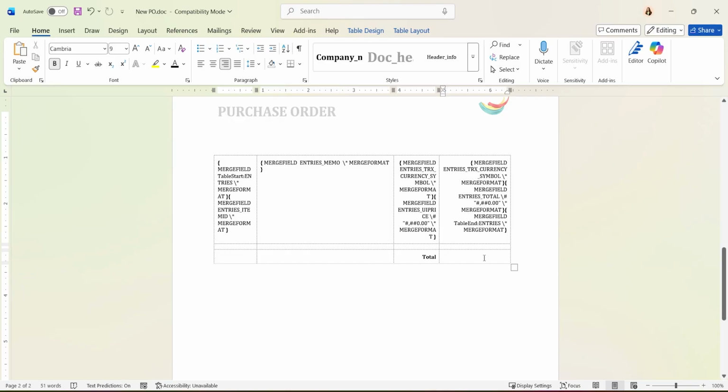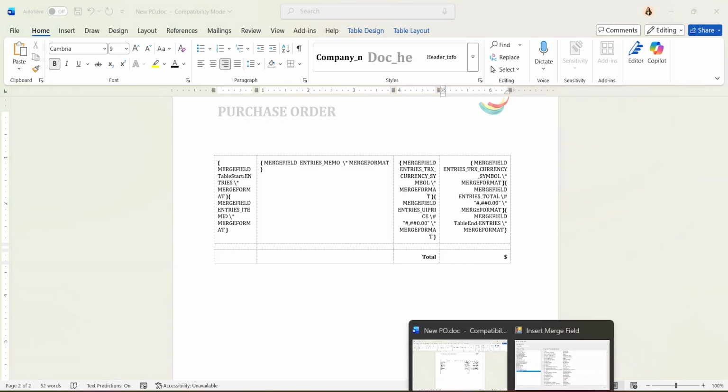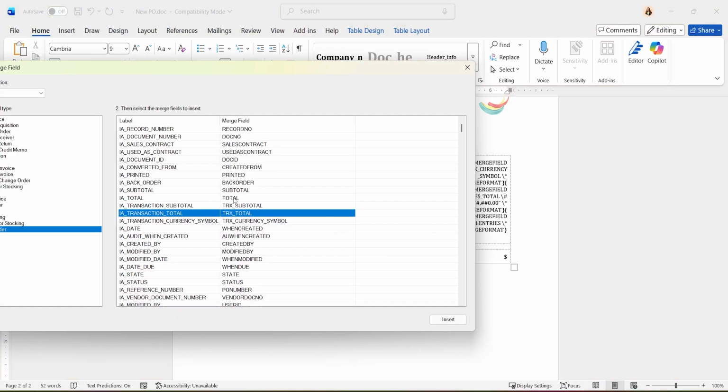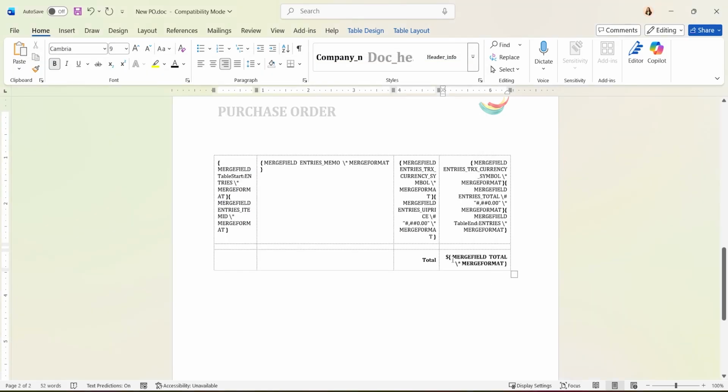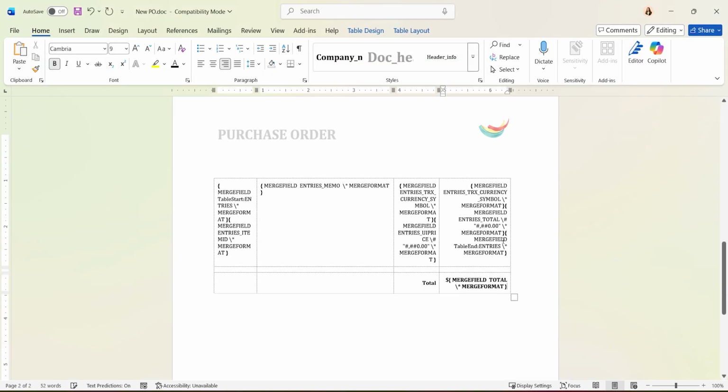So if I wanted to make it easier on myself, I'm just going to put a $ sign here. And I'm going to go back into my table and just simply select total. If I print it out like this, it's just going to show the total without decimal places. So you see how you put the decimal places how you want it formatted after the slash. So I'm just going to copy and paste. That's why I like using Sage's templates, because a lot of the work is already done for you and you could just make it pretty and however you'd like it to look. So we're going to delete out merge format and we'll copy in that formatting.